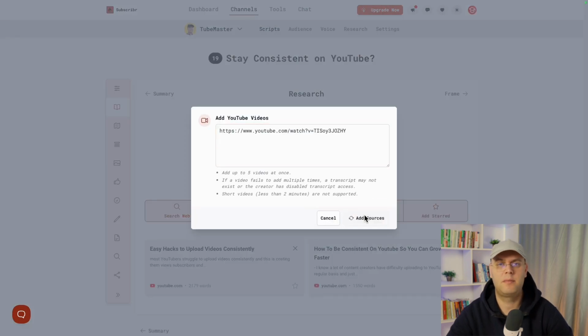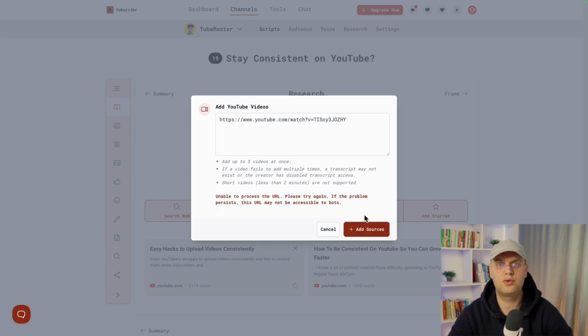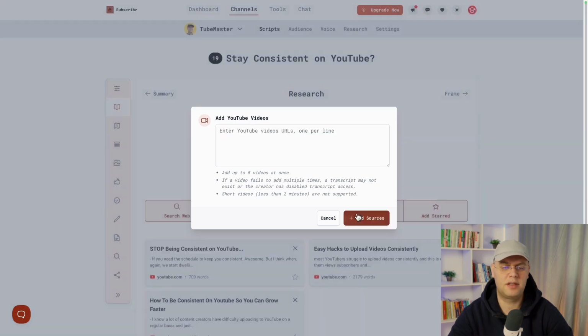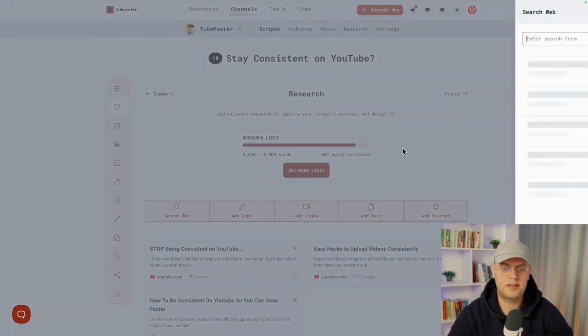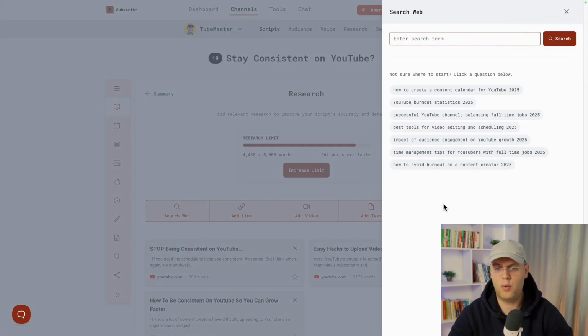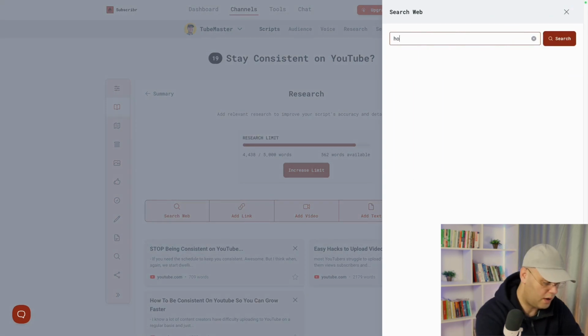Keep in mind that some creators don't enable you to get the transcript, and you can get into this error. What I usually do is to try again, and many times this works even if it gives me an error at certain point. So this one is good. And actually we're very close to the limit. So because we have these 562 words available, let's go on the web and search for how to stay consistent